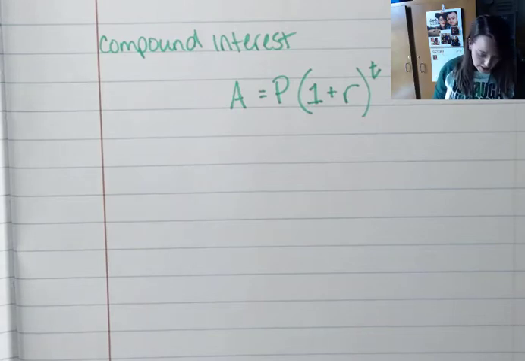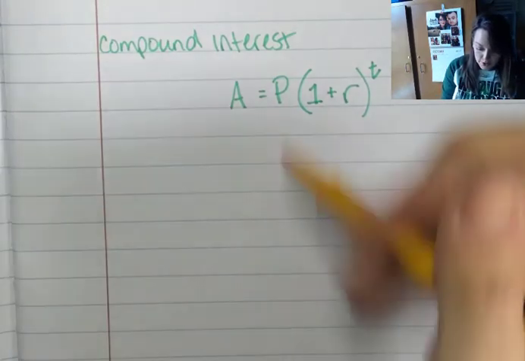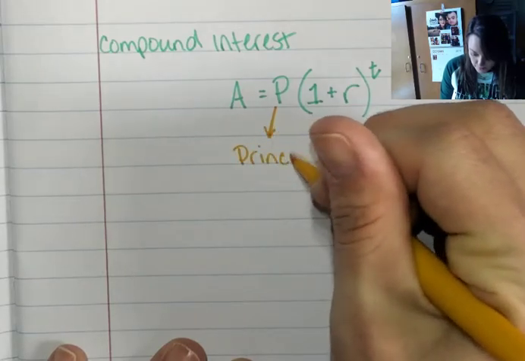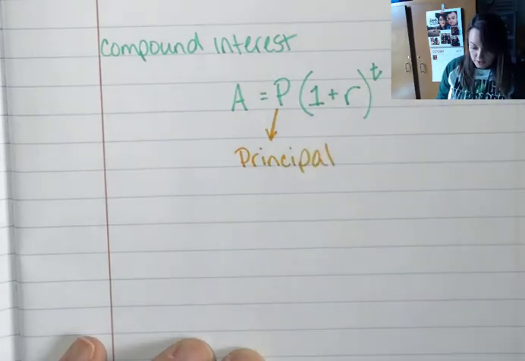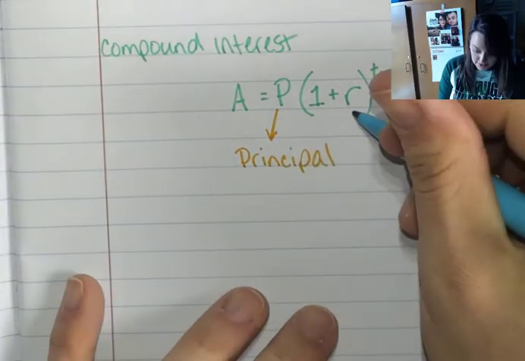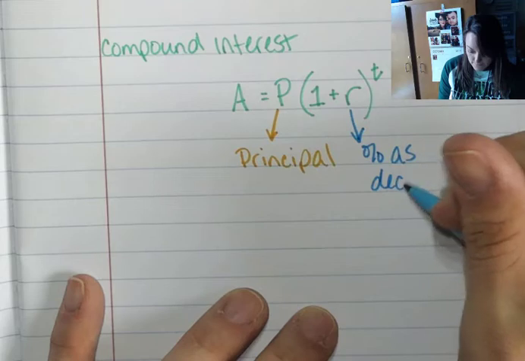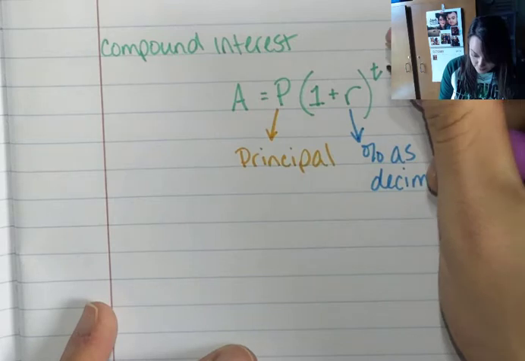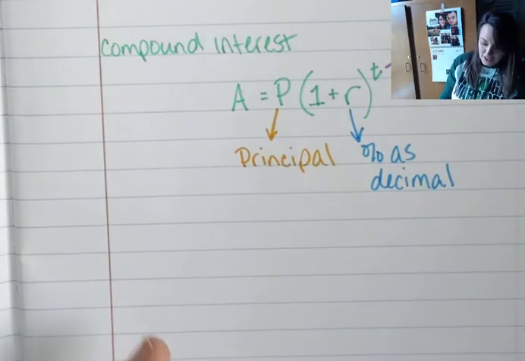All right, A, we're going to skip that. P is principal again. Same thing. This is how much money I'm going to borrow or spend. Principal. The 1 plus R. The R is the percent, again, as a decimal. T is still time in years. But that exponent,